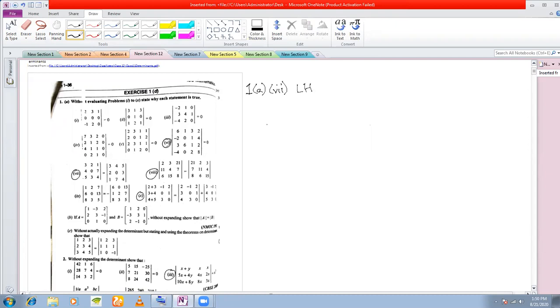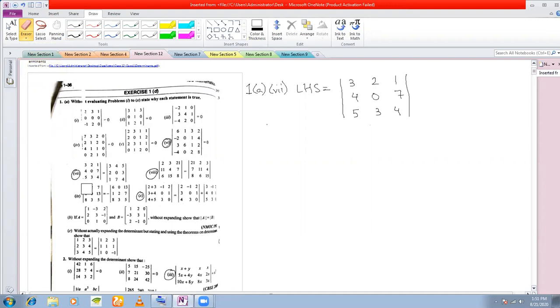Let's do 1.7. LHS is equal to determinant 3 2 1, 4 0 7, 5 3 4. You need to show that this determinant is equal to the other determinant. Always keep an eye on what you need to prove. This determinant contains in the first row 3 2 1, and the other contains 3 4 5. Secondly, the left hand side contains 4 0 7, the other contains 2 0 3. This one contains 5 3 4, the other contains 1 7 4. This is what you must observe.